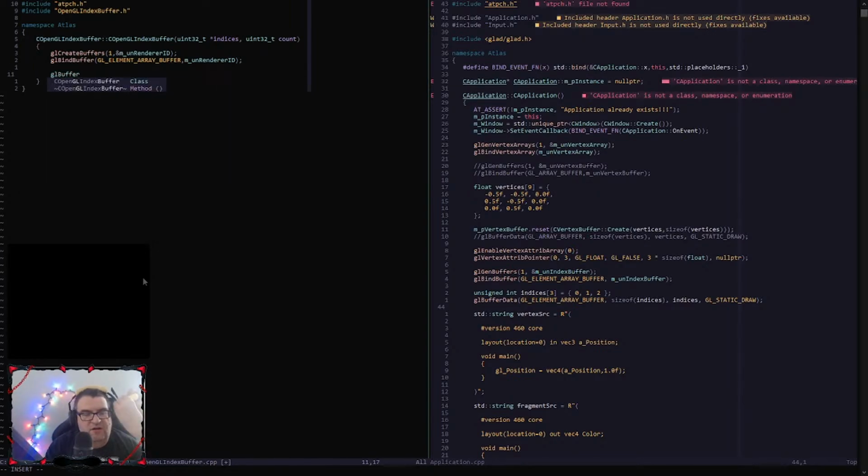And then we're gonna fill our buffer data. Okay, so GL element array buffer. We're going to give it the size of